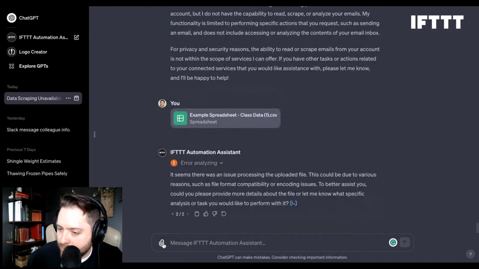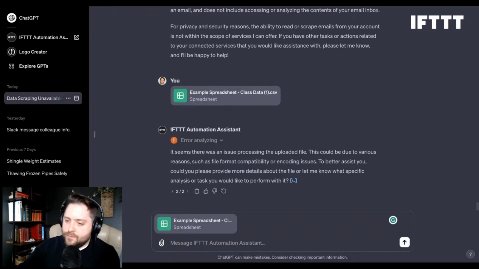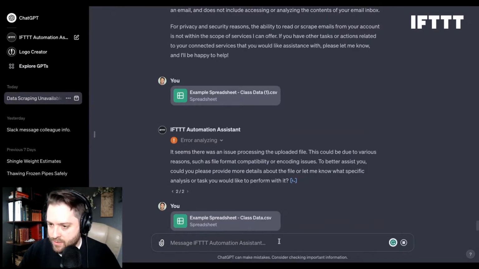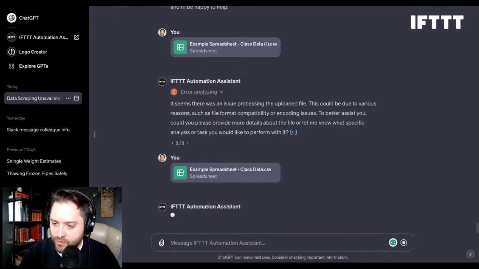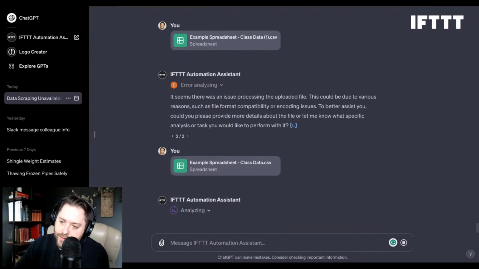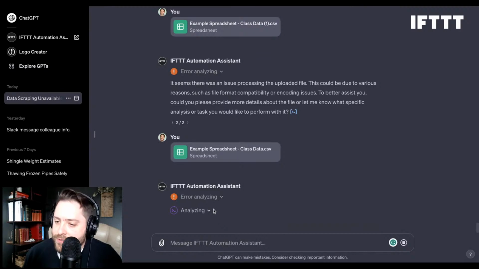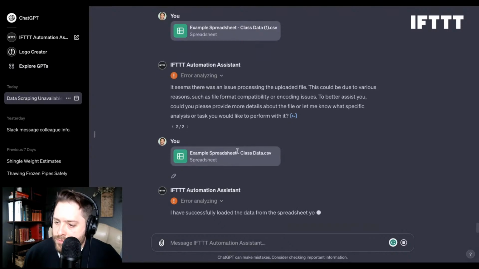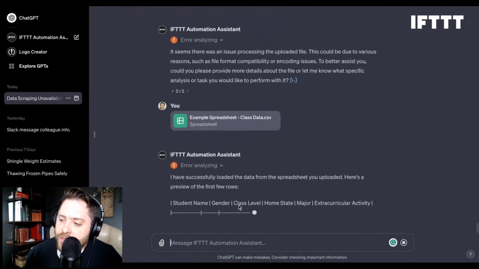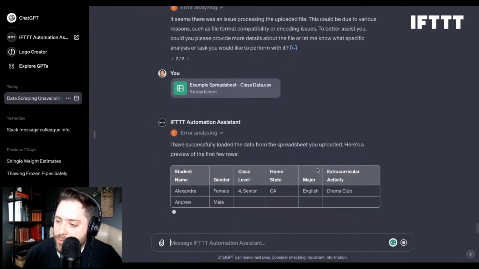Yeah, we're still having problems. Let's just re-upload it, okay? It was able to analyze this document earlier. So sometimes you just run into a bug, and whenever it times out or something like that, it's going to give you an error message. You just kind of repost things, regenerate. If you don't like the response sometimes, okay, come on, keep working. You got this. Okay, perfect. So I have successfully loaded the data from this spreadsheet. Now it's telling me what the data looks like.